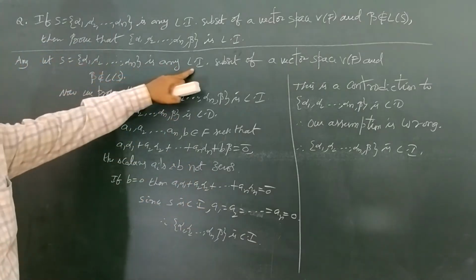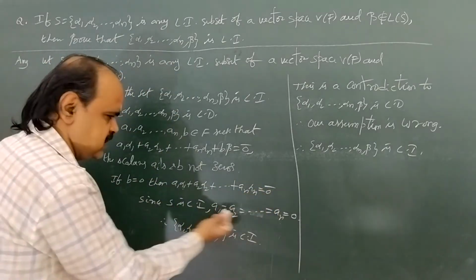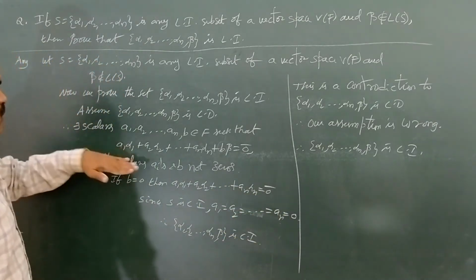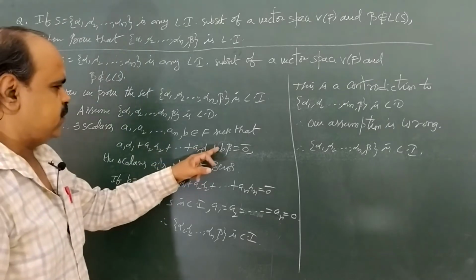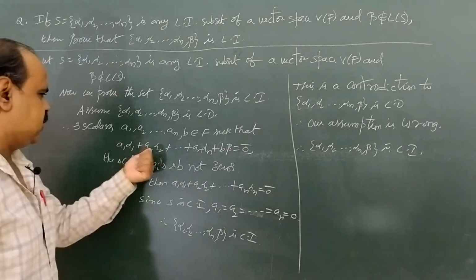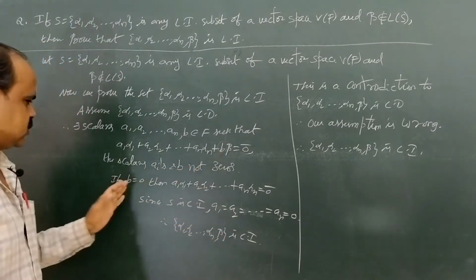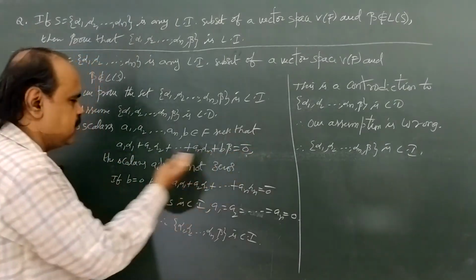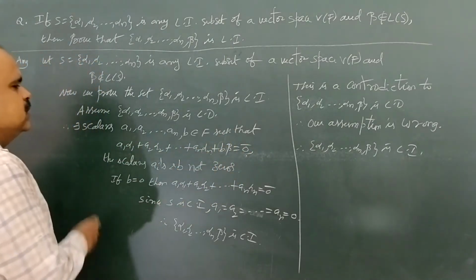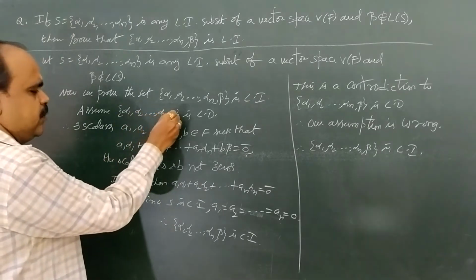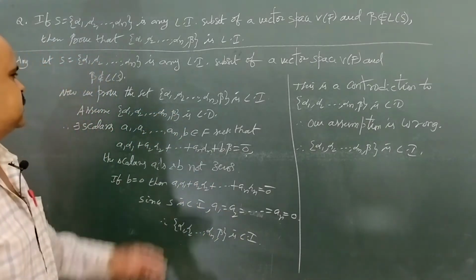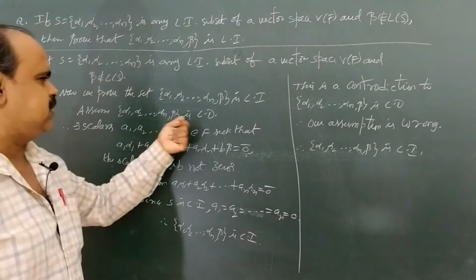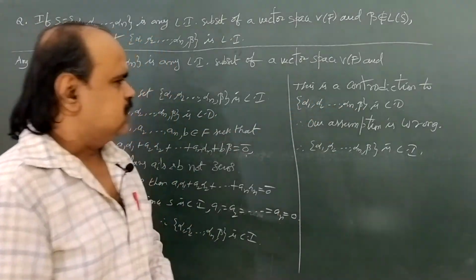Here S is linearly independent, so if this linear combination is 0, all the scalars become zeros. All the scalars A1, A2 and so on An are 0. So here in this linear combination A1 alpha 1 plus and so on plus An alpha n plus B beta equal to 0, we have A1, A2 and so on An are 0 and B equal to 0 which we already assumed. So the total linear combination is 0 and we get all the scalars are zeros. Therefore, the set alpha 1, alpha 2 and so on alpha n, comma, beta must be Li. But our assumption is that this set is LD. So it is a contradiction. A contradiction arises. Just 1 minute.